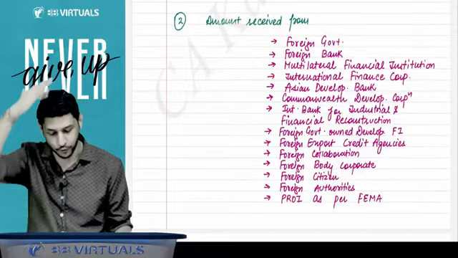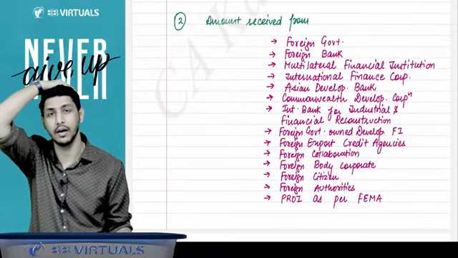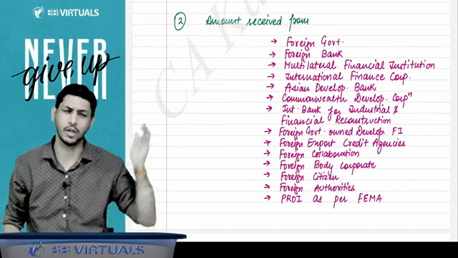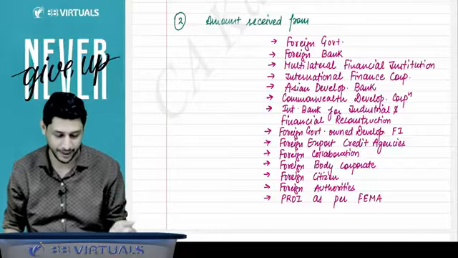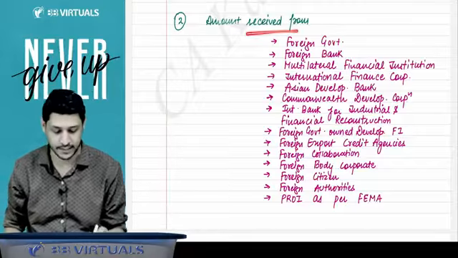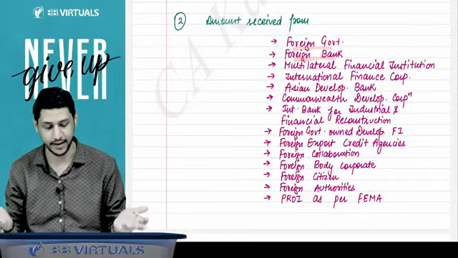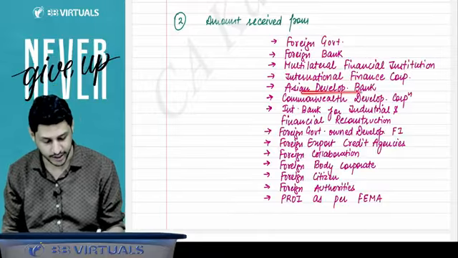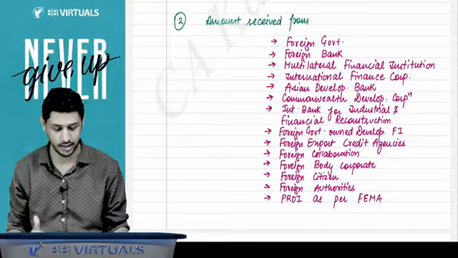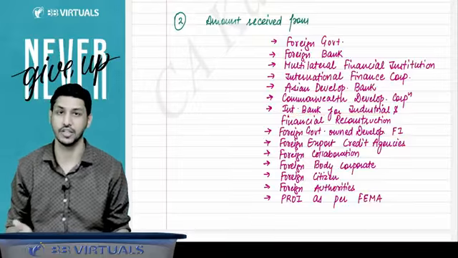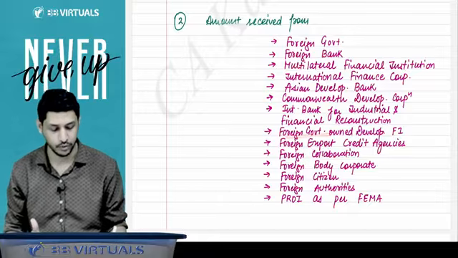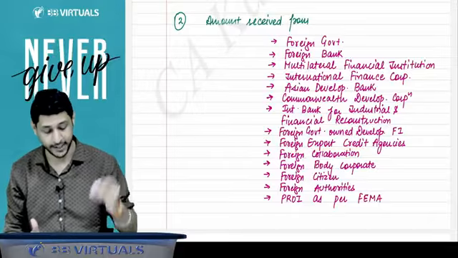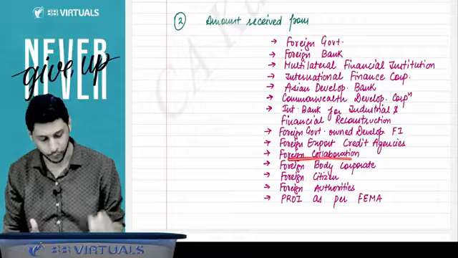If you have received the amount from all this, you have to learn. This is a very cramming part, dry topic, dead topic. If you have received the amount from a foreign government, foreign bank, multilateral financial institutions, international financial corporations, Asian Development Bank, Commonwealth Development Corporation, International Bank for Industrial and Financial Reconstruction, foreign government-owned development financial institution, foreign export credit agencies, foreign